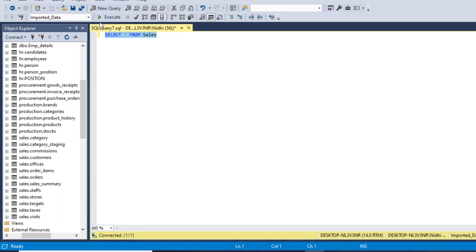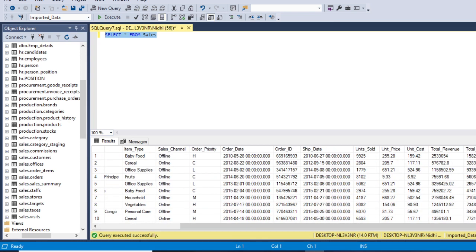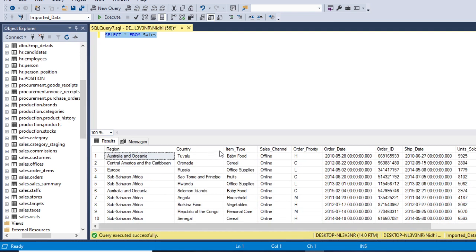So we are going to use the sales data. Here we have region, country, item type, and in the additive column we have total profit. So suppose the user wants to see total profit for all the countries where the region is the region passed by the user. So for that we'll have to create parameters in our stored procedure. So let's write the code for the stored procedure.